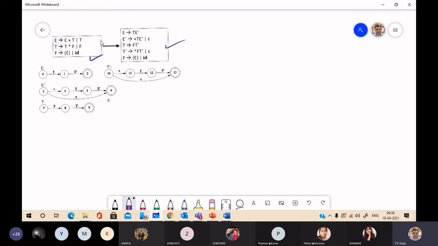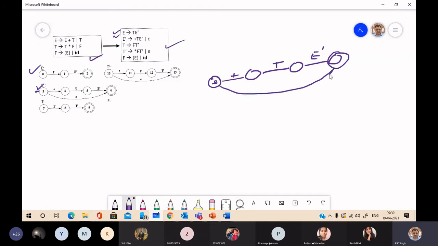Similarly, you can go for these two productions, this as well as this. So you just consider this. We have state 3, then plus, then T, it is plus TE dash, and one is epsilon.